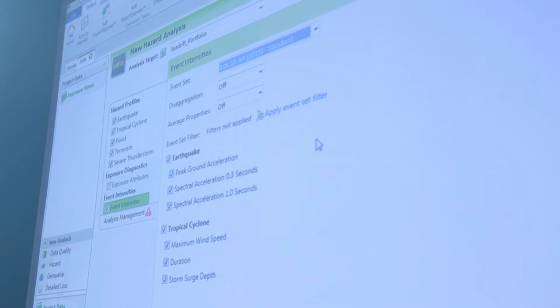As part of our continuing efforts to increase transparency, we have released the ability to extract out localized hazard information for earthquake and tropical cyclone using Touchstone's Hazard Analytics. You have access to metrics such as peak ground acceleration, maximum wind speed, and surge depth. This is particularly useful when you're doing model validation, when you're trying to meet regulatory requirements, or when you're managing